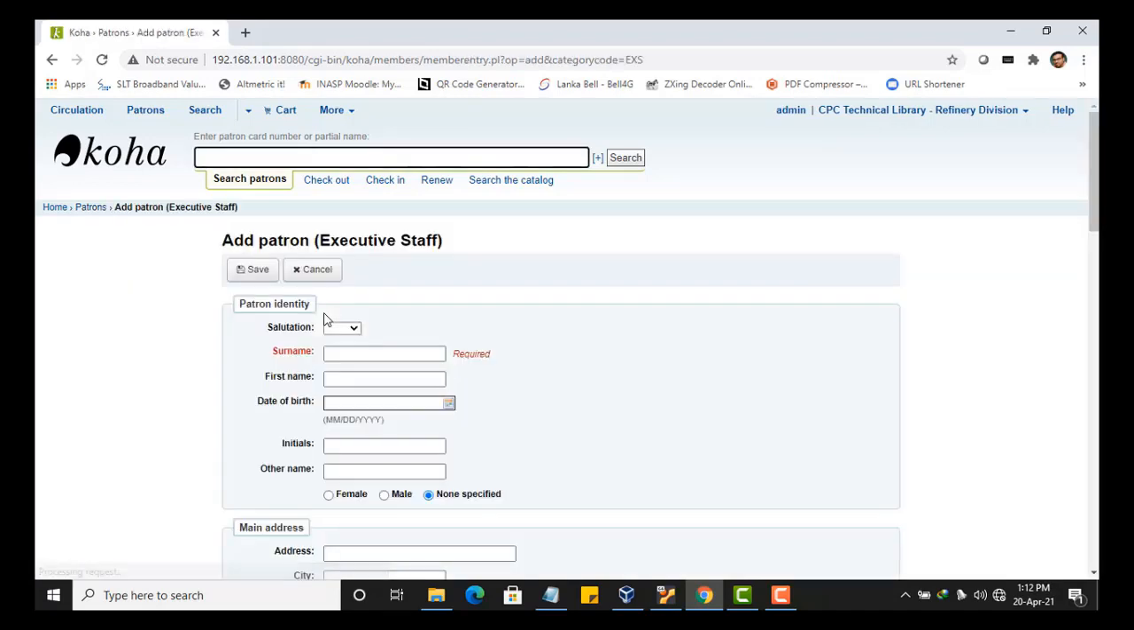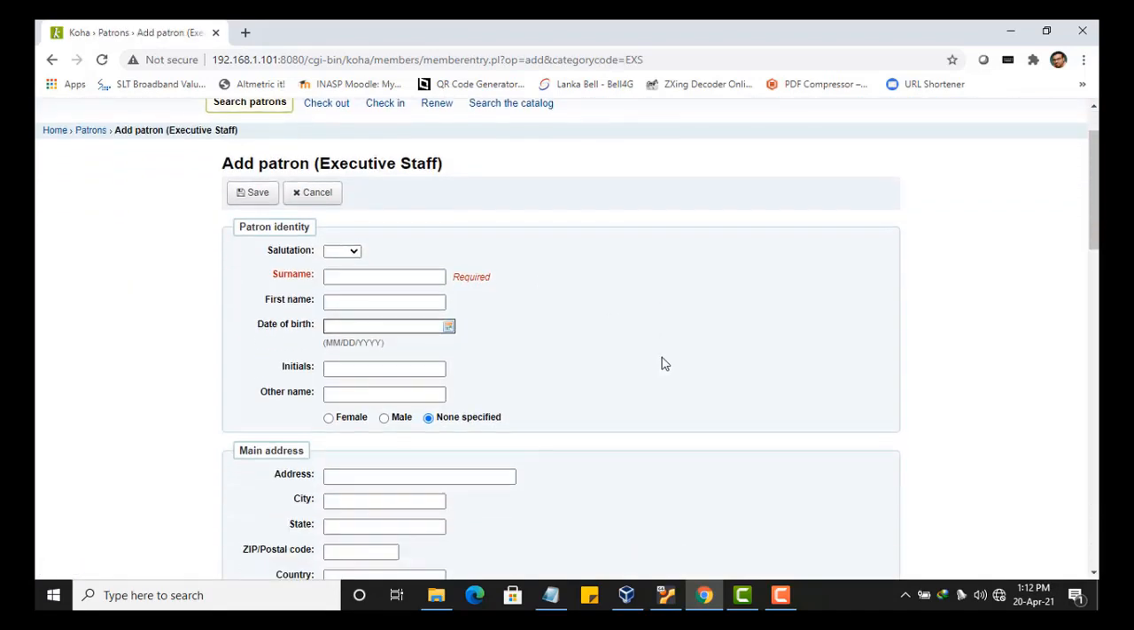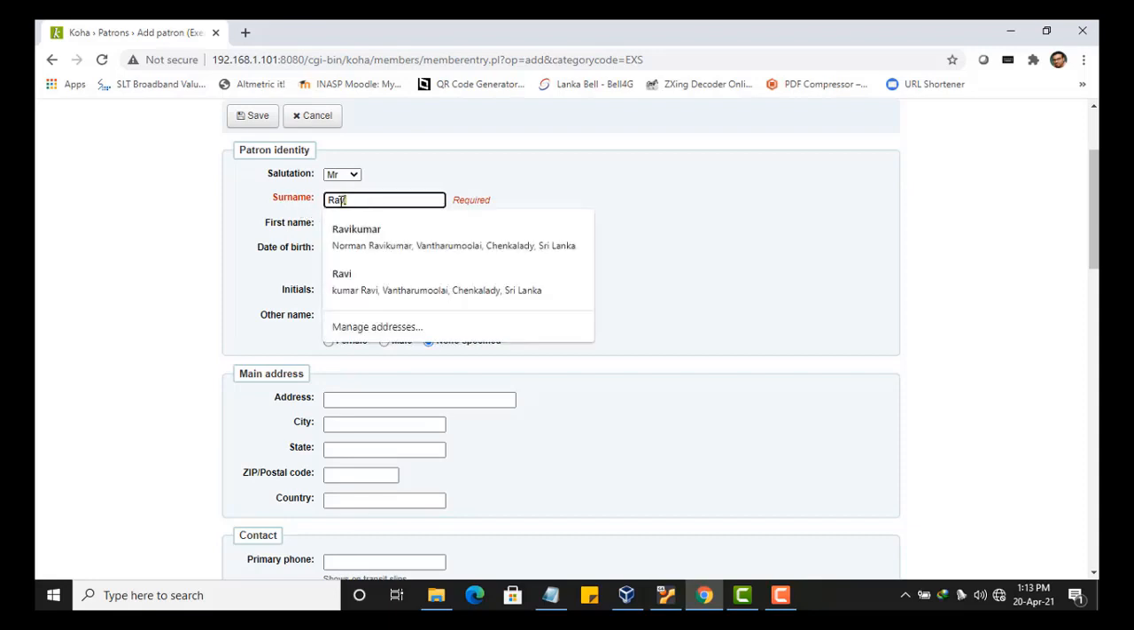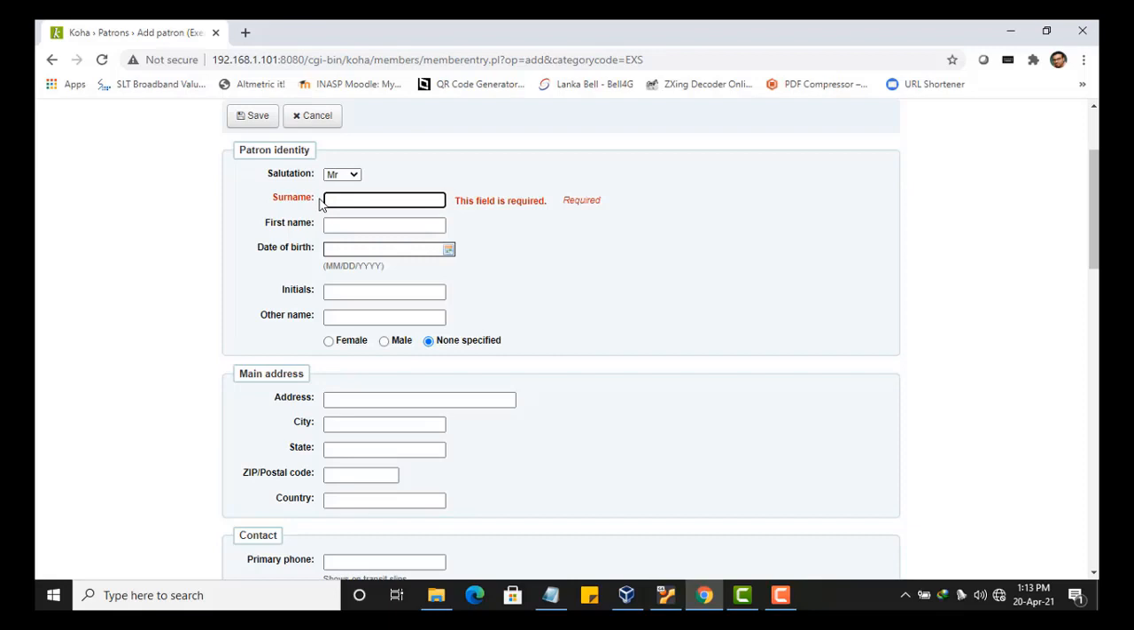Then you will get a registration form, right? So first one is salutation. You have to set whether it is Mr. or Mrs. So example I'm taking as a Mr. Then it may be a surname, so it is required, so you must enter this surname. So I am putting my surname here,